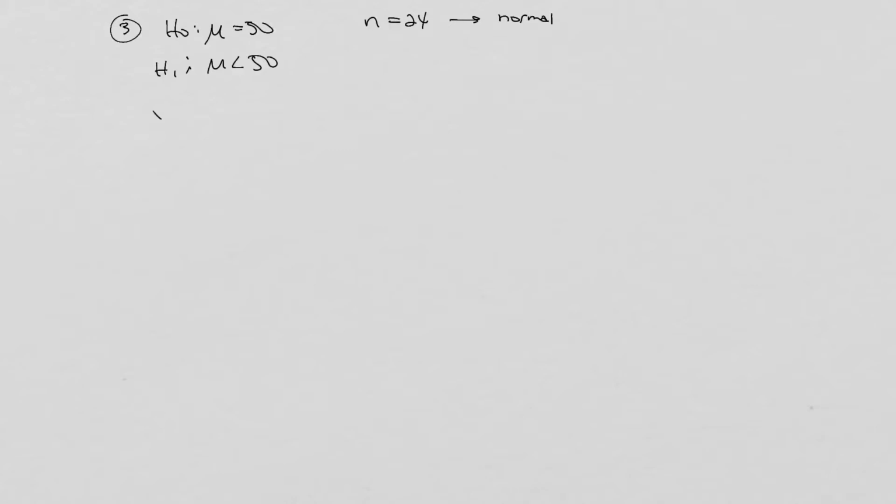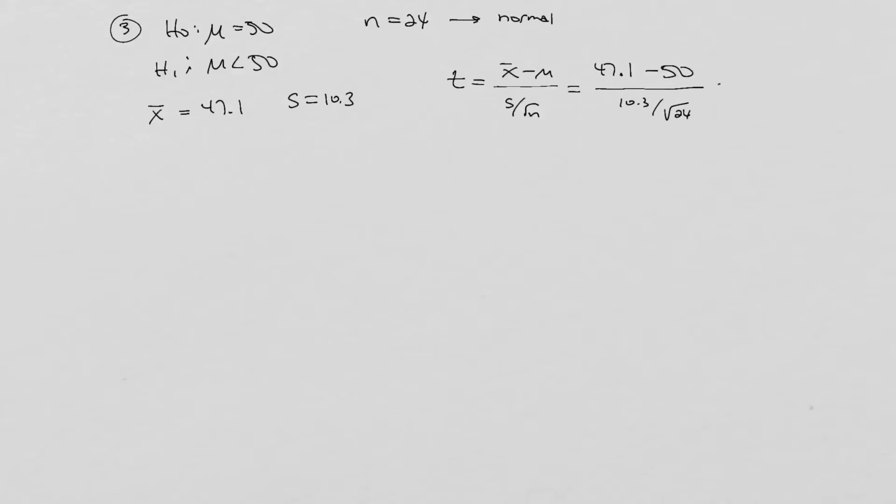And we are told that X bar is 47.1, the standard deviation from the sample is 10.3, so we need to calculate this test statistic, which is, again, X bar minus mu over S over the square root of n. So X bar is the number that comes from the sample, mu is the claim, S is 10.3, and I took a sample size of 24. And I get negative 1.379. Okay. All right, so that's our test statistic for